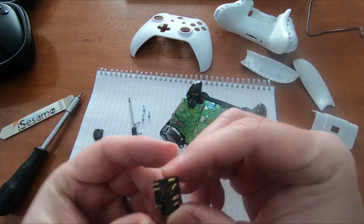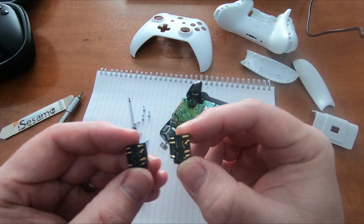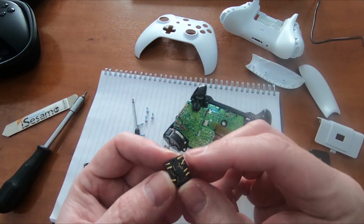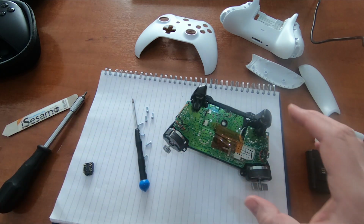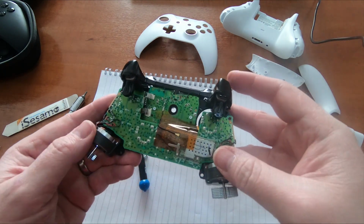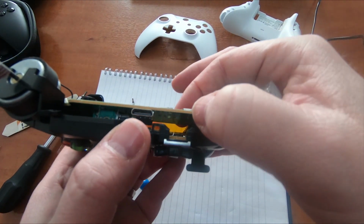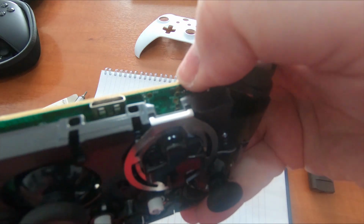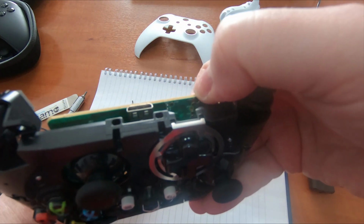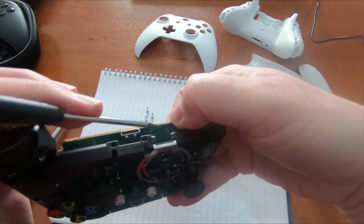That's the one that's come out, and there's the new one. They look identical. Like I say, I would think that it's the connections here onto the board. So what I think is a good idea at this point is to just clean the contacts under that board. Hopefully you can see under there. So there's some metal contacts on the board,